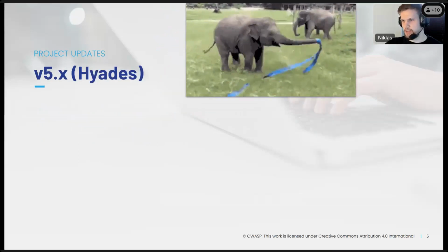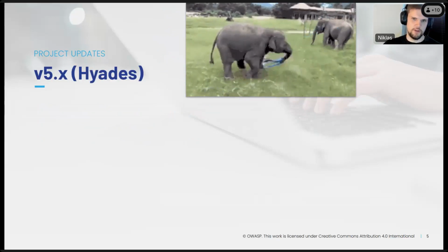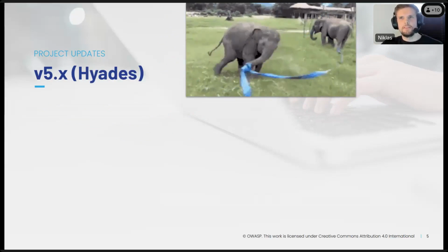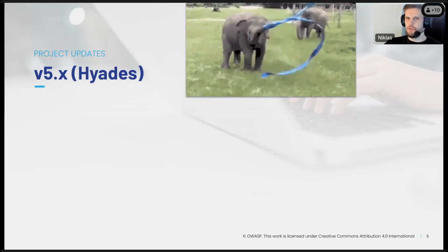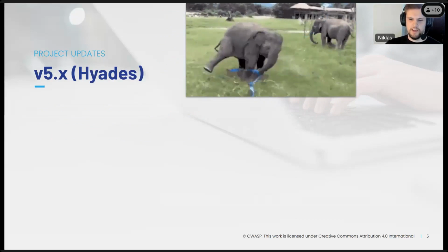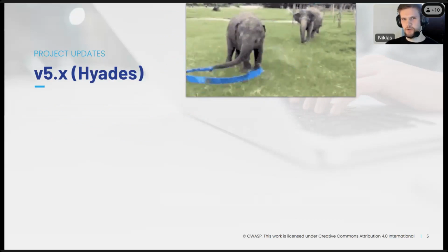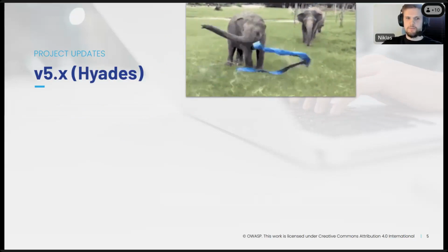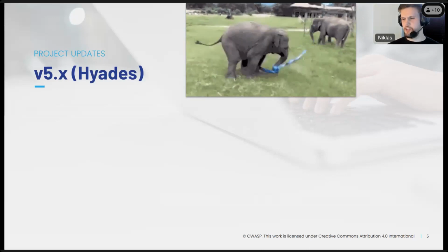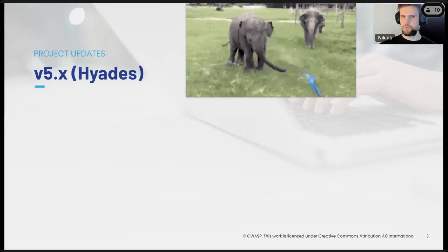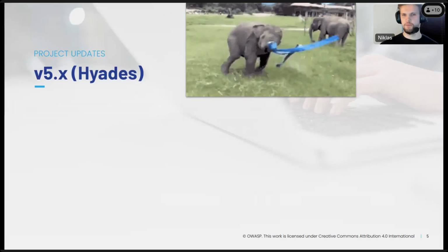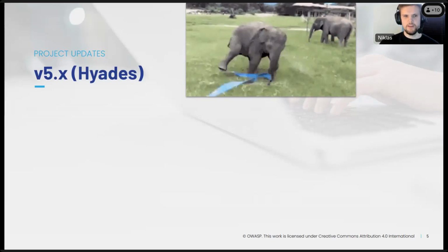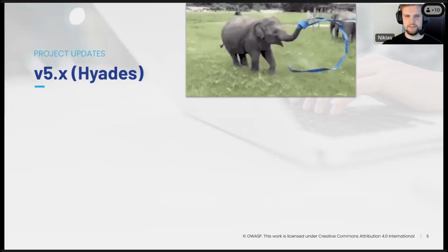Then for Project Hyades, which is the code name for the upcoming Dependency-Track version 5.x, there is something we haven't discussed as much as we should have in the last community meetings, which is a decision we made on the technology level. I'm not sure how experienced everyone is with operating Dependency-Track, but maybe you have run into database issues where fields or database columns were not long enough to store certain values, for example package URLs, or you have run into index issues where indexes were not working as expected.